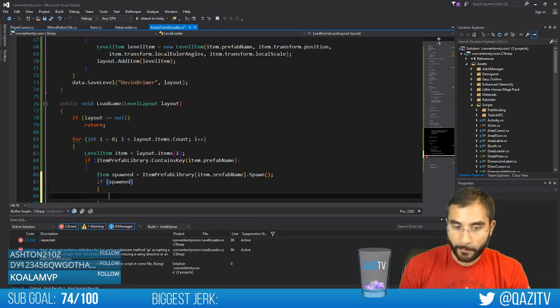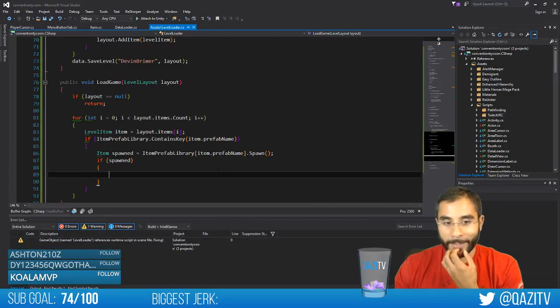If it has been spawned, if we have our prefab spawn now,